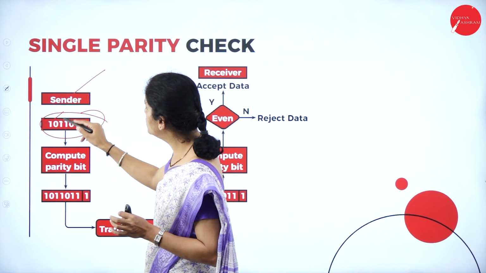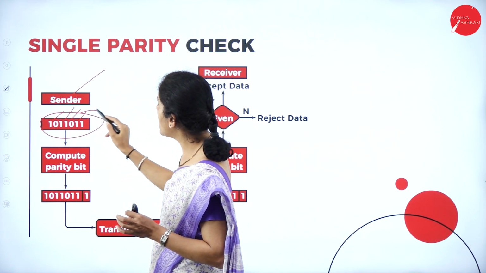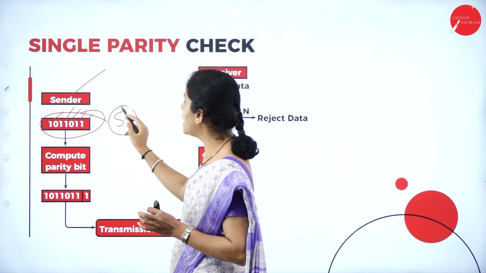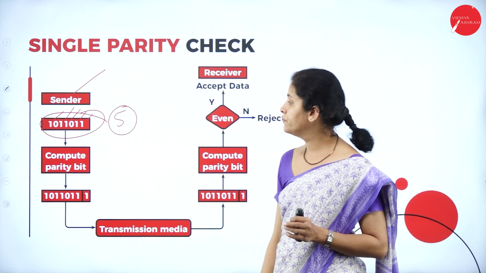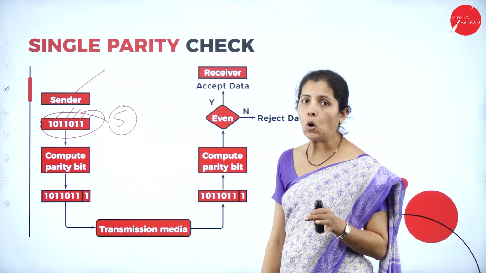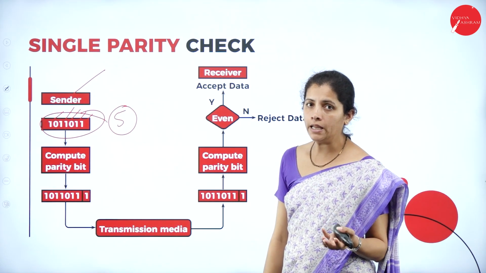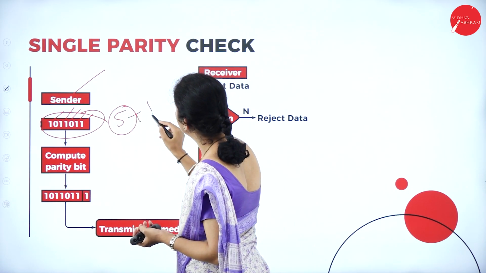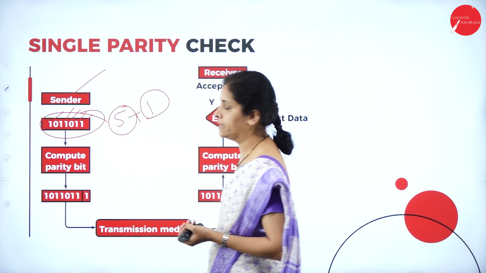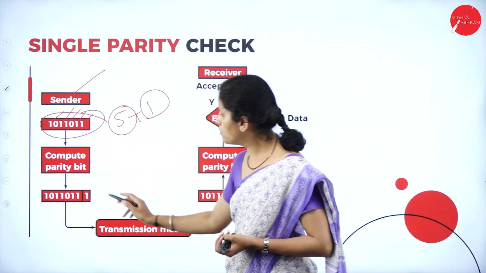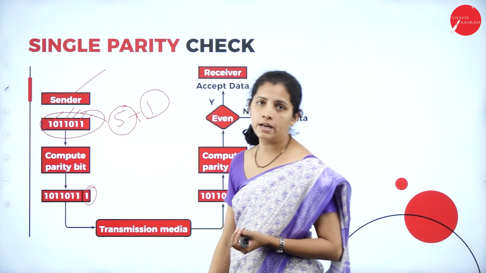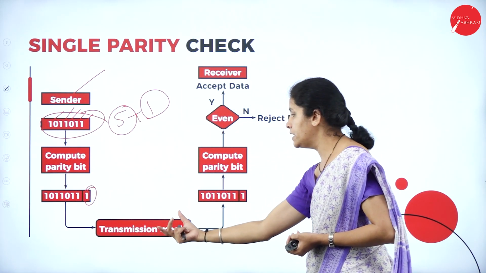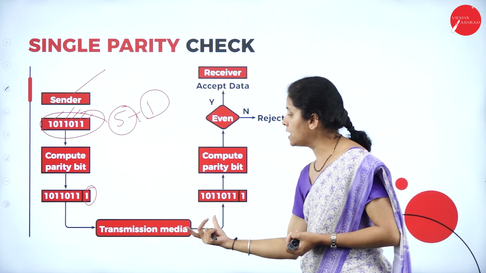So 1, 2, 3, 4 and 5. 5 ones I have here. So 5 is nothing but an odd number. To make it even parity, what will I do? I'm going to place 1 in my parity bit, and I'm going to send the data through the transmission